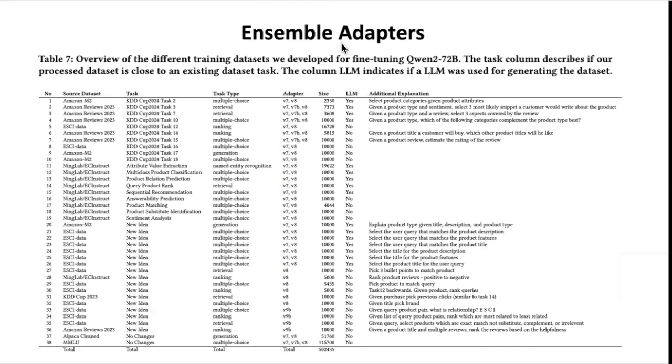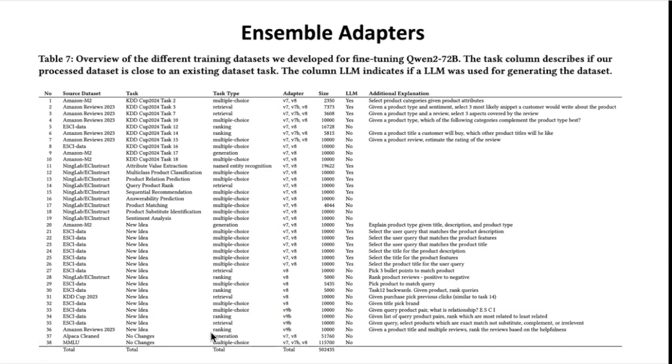So basically, I don't know exactly how they split up the data set, but it seems like out of all these 38 data sets, they separate them into different groups. And then they just fine-tune the model based on those subgroup data sets. For example, over here, there's a V8 data set, almost covering all the data sets except for